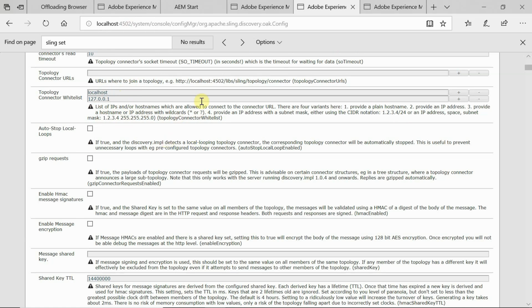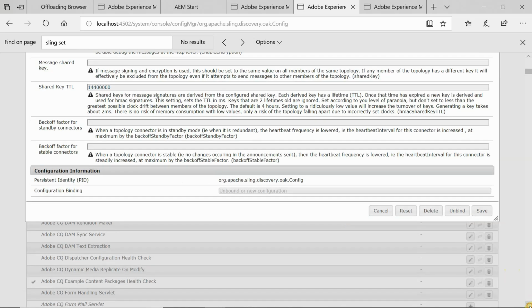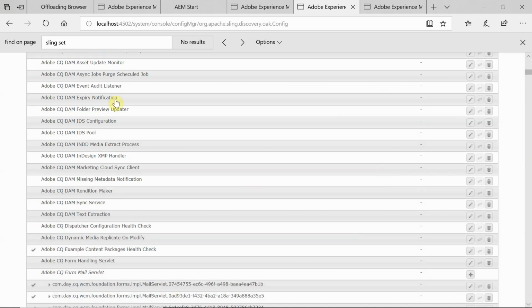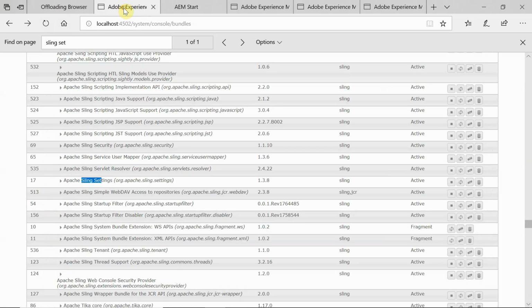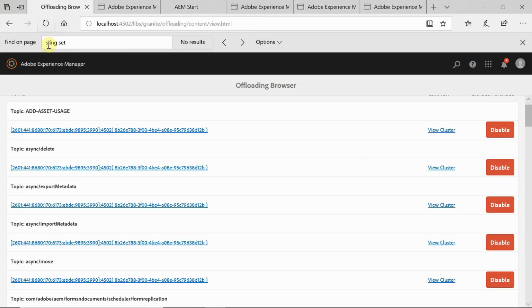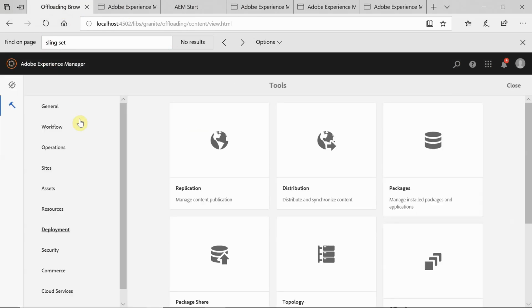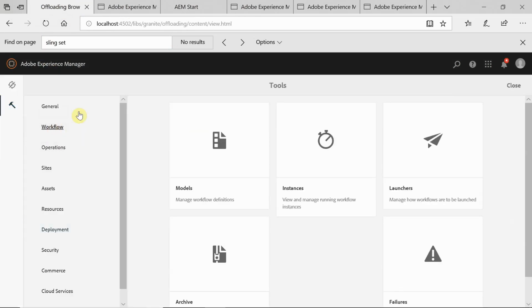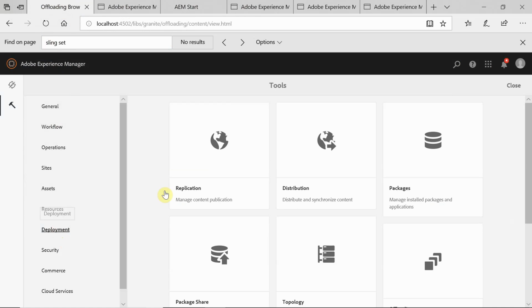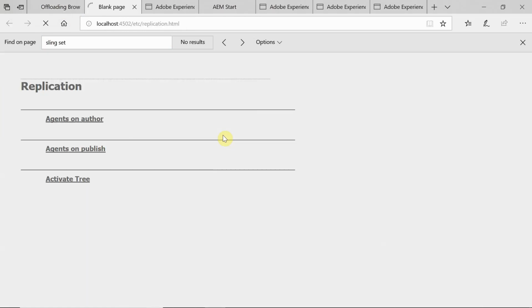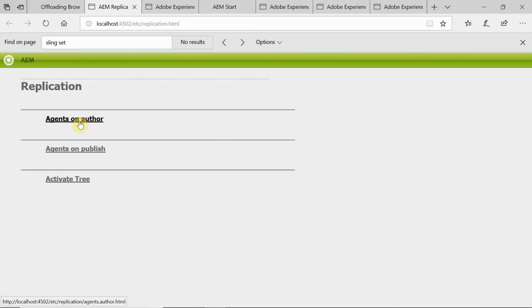Now, because we already added the topology connector, the default agents would have been created. For that, I will go to deployment, replication, and click on agents on author.